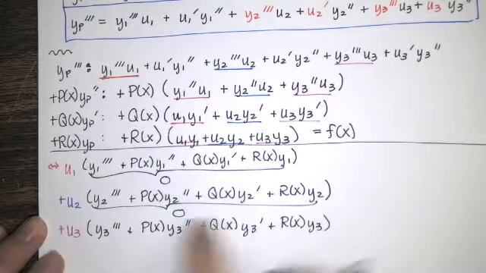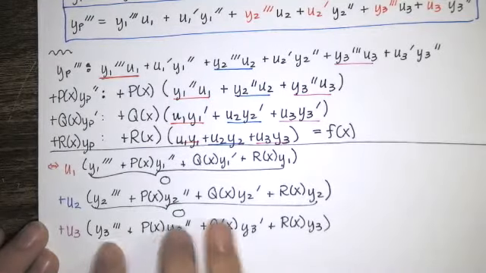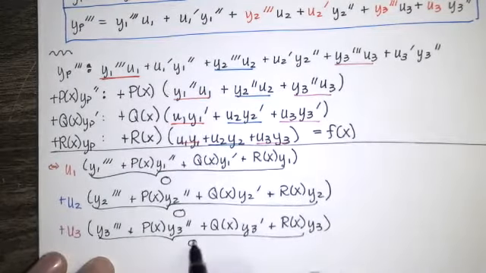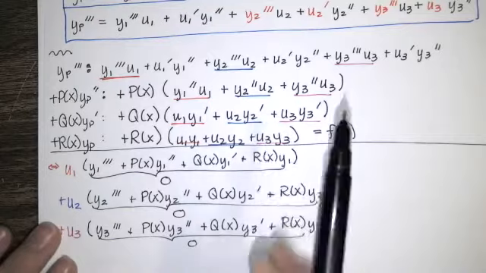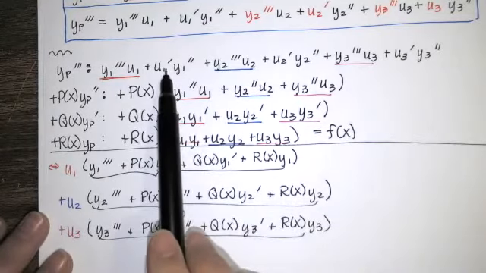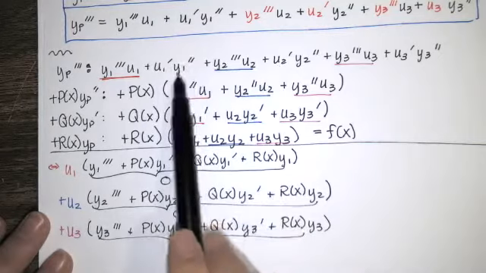And that's all times u3, but I've factored out the u3. And that is the left-hand side of the differential equation evaluated at y sub 3. So that's 0. So what ends up being left over is this u1 prime term,